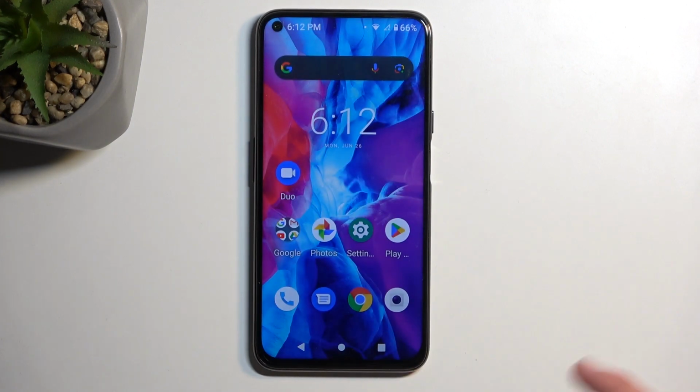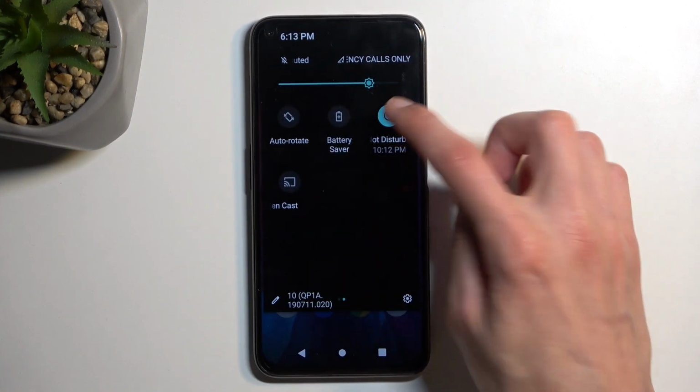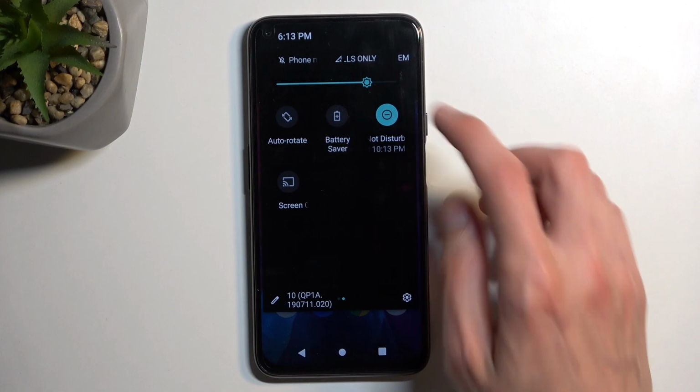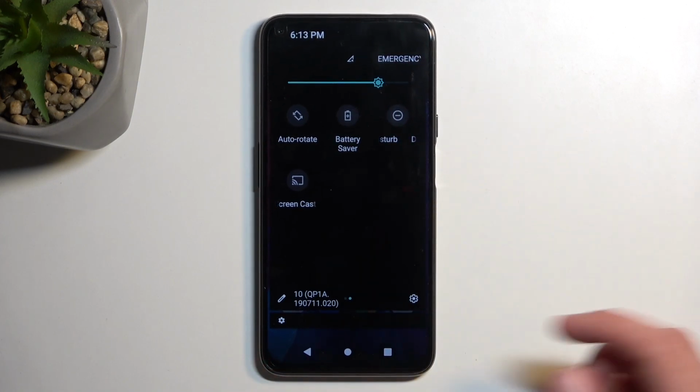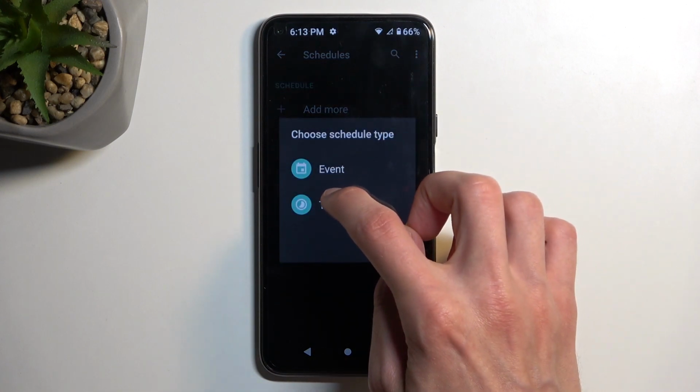Now once you set it all up the way you want it, you can manually toggle it on or off from here, like so. And if you plan to use a schedule, just make sure that the schedule is toggled on in the settings. So just to kind of show you,